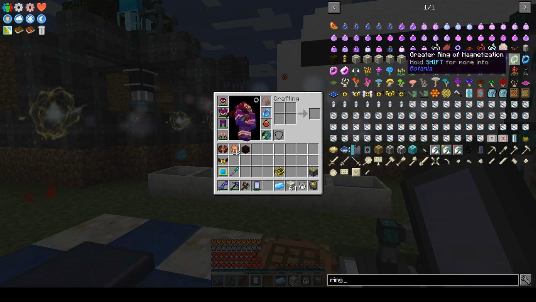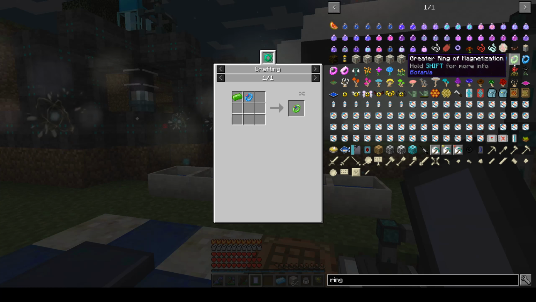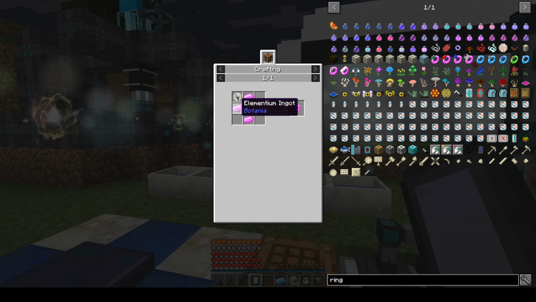We can also get the Greater Ring of Magnetization. I just don't need even further and faster items coming to me. I'm okay with that. And it's not too bad. It's just one of these TerraSteel nuggets, and we now can make that. Ring of Correction, I'm not sure, but the Ring of Far Reach might be really cool because, that's just this